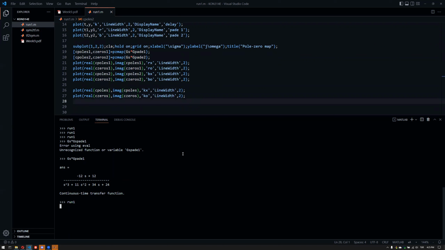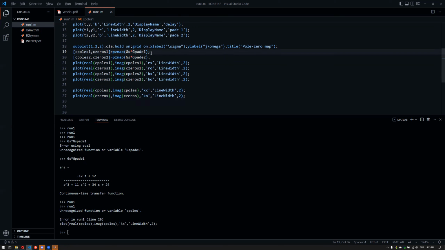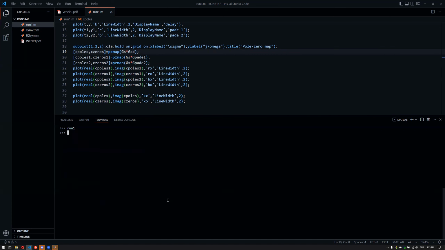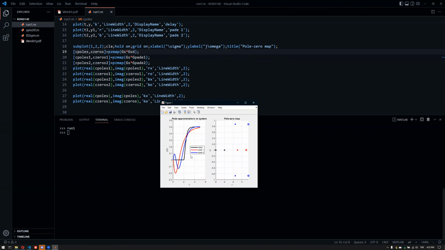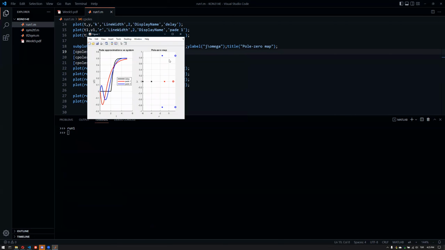Let's run this. I forgot to add that. So there we go. Now we have the poles and zeros, and you can actually see that there are only